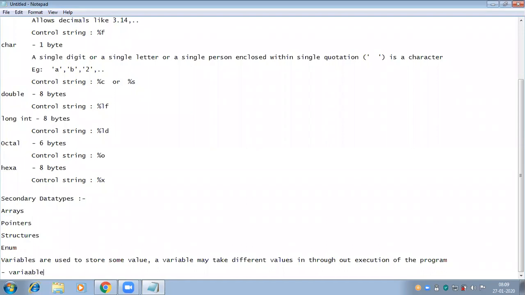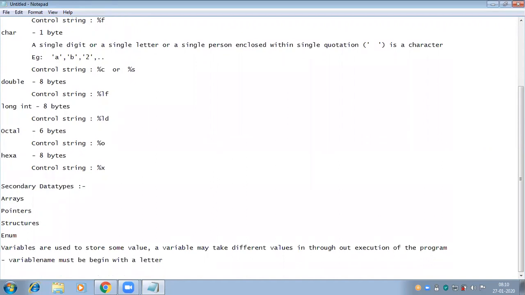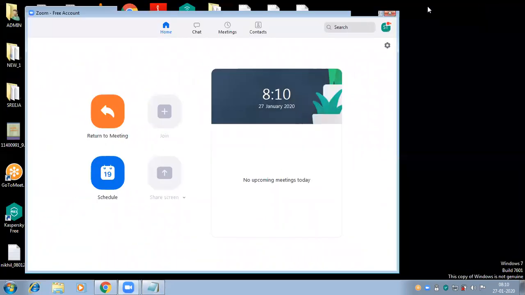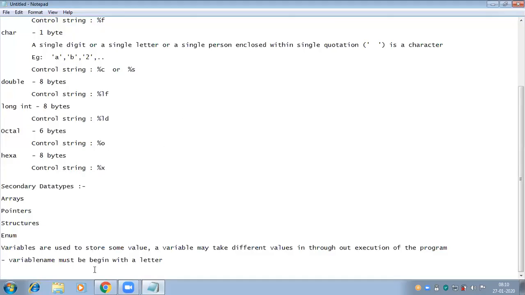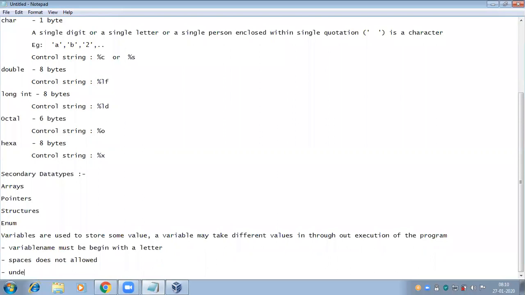The variable name must begin with a letter. The first letter should be an alphabet letter. White spaces are not allowed. In place of spaces, underscores can be allowed.